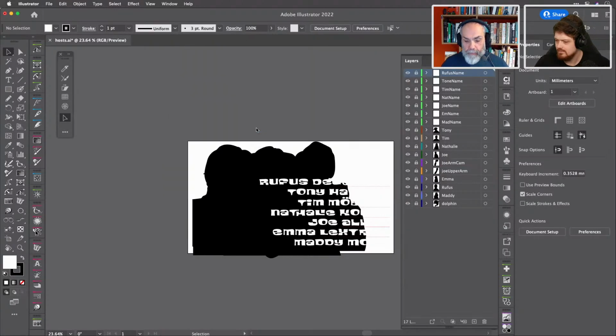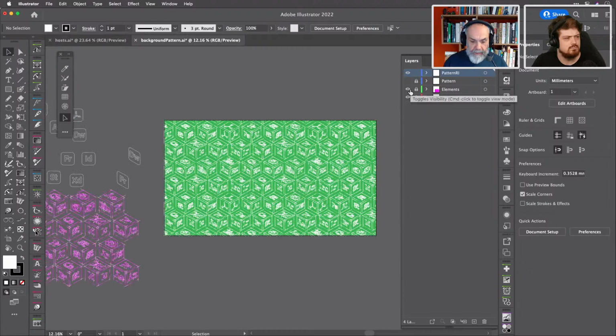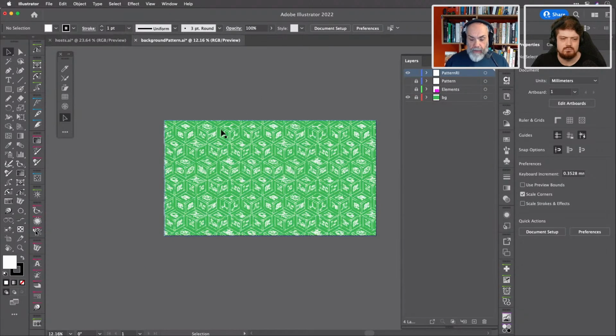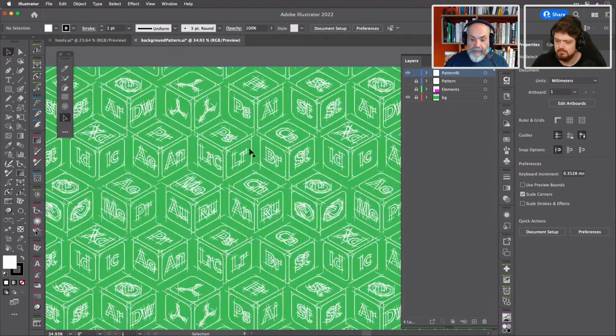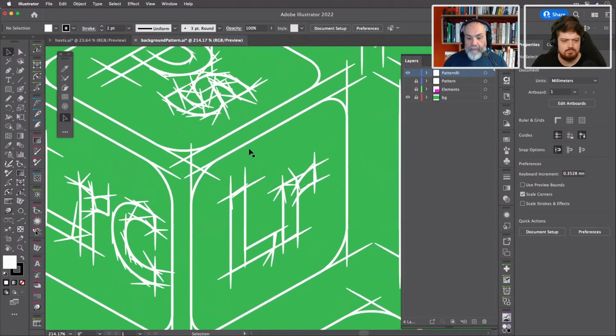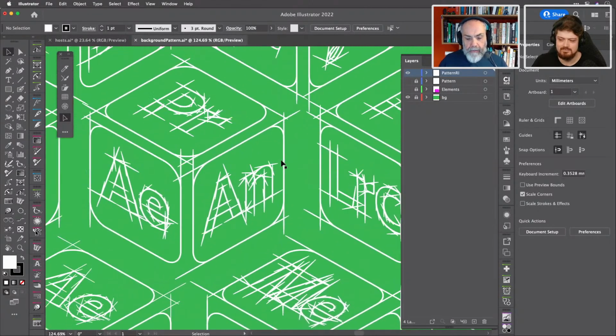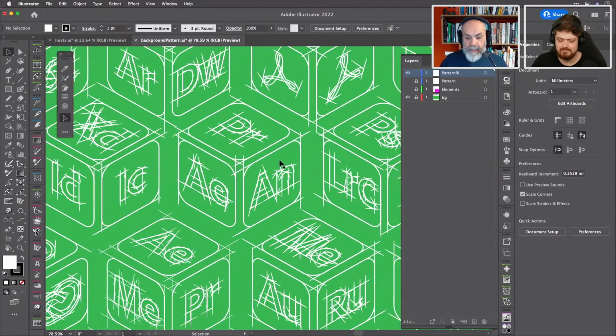And if I go to the background pattern here. So once I've drawn all the elements, they're over here on the side. Then I went about making these cubes. Now this is really, really big, so I can zoom in quite a long way here. And all of the transparency that I had with the overdrawn lines, unfortunately, vanishes quite a bit of that in the transition to a pattern.